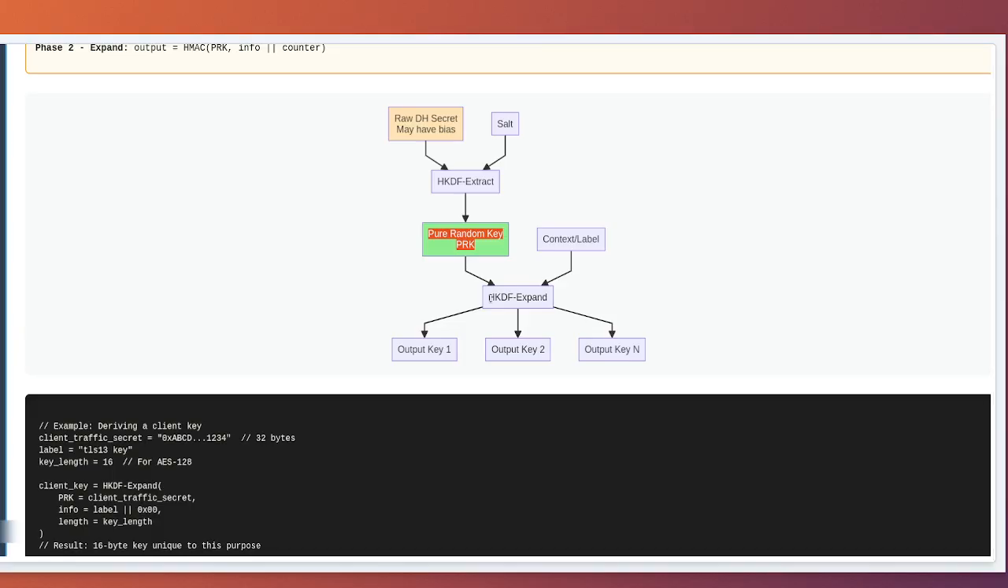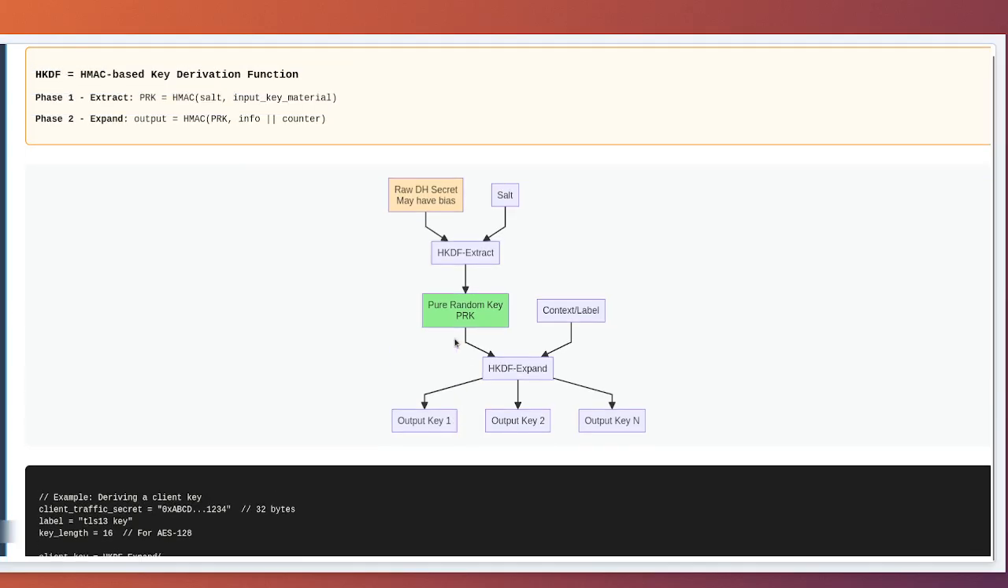The expand phase is where HKDF shows its versatility. It takes the PRK and can generate output key material, OKM, of any length, incorporating context-specific information. The formula is iterative. We generate output in chunks, where each chunk depends on the previous one. For the first chunk, T1 equals HMAC of PRK and info, OR